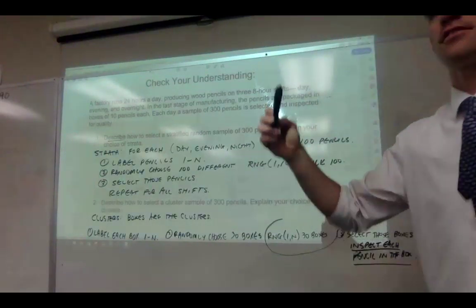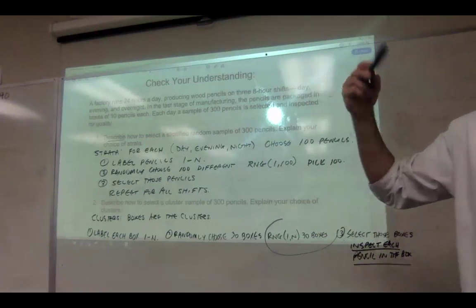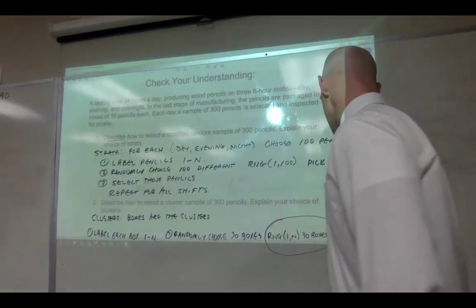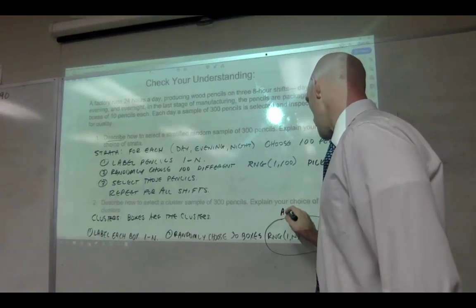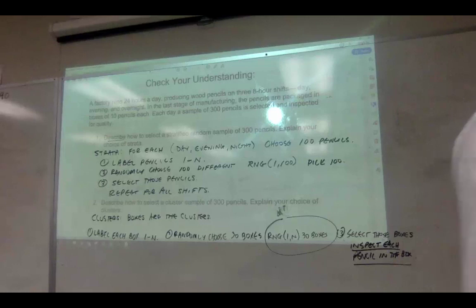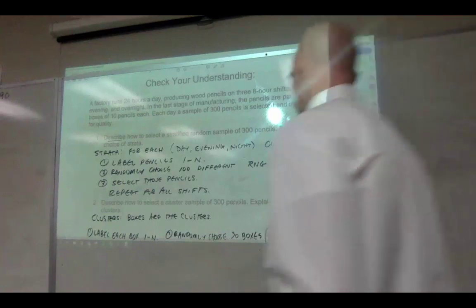To understand, you have to go 1 to n, which tells readers that you're saying all of them. This literally means to all. I don't even want to write that. But it means you're going to the end of the number of pencils, no matter how many there are. Gigi. So is it correct to write it as RNG 1, n, 30? Be careful. If you do random integer, yes. Because some random number generators have different